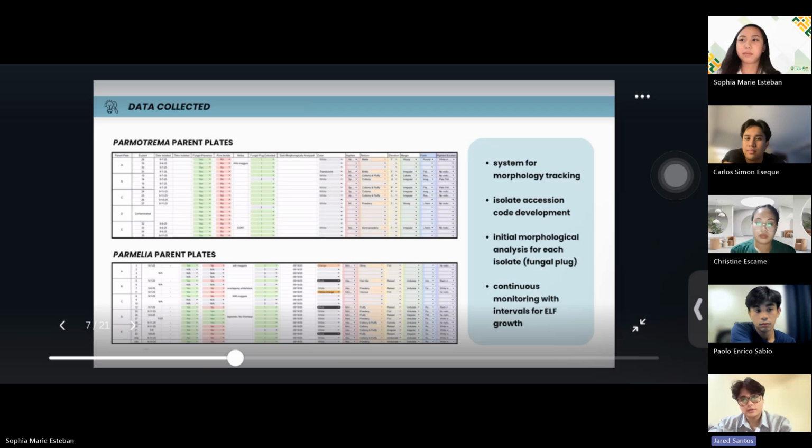Moving forward with the data collected by our group, as the head of data analysis, I was tasked with primarily organizing our data, morphologically characterizing our subcultures, and interpreting any patterns it may follow and any anomalies we may find.